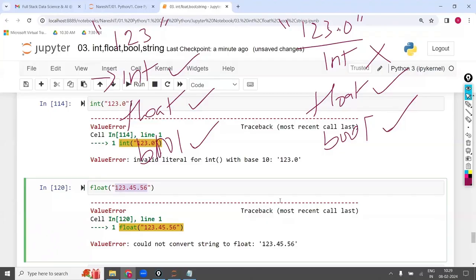Converting to output like 123.45.56, is this called a float? No, it is not considered as a float. That is the reason it is not giving the output. Are the points clear?